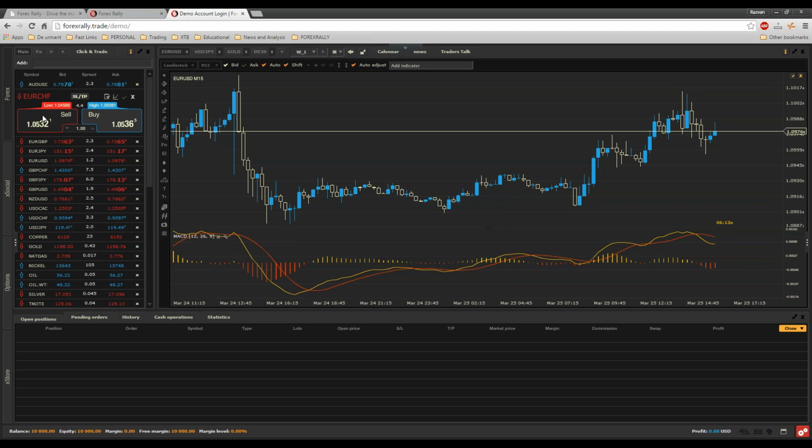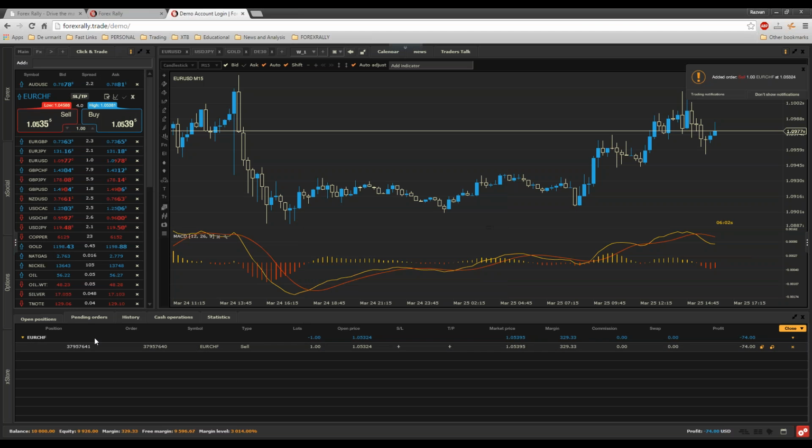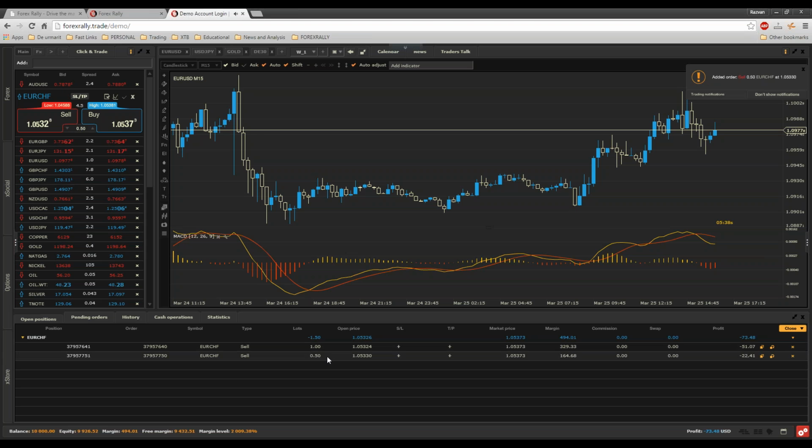You have one click trading, so if you click on this red button, you will actually sell, and you will see the order here in the trading terminal. This is an open position. You can see that we have sold one lot of euro with the Swiss franc. Be careful, because this is a default volume, one lot. You can change it from here. Let's say I put 0.5, and now sell again. So we have sold 1.5 lots of euro with the Swiss franc.